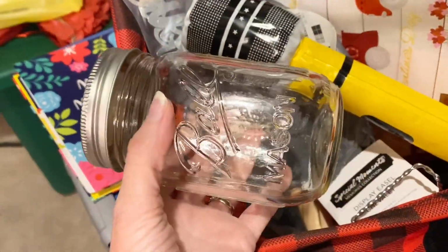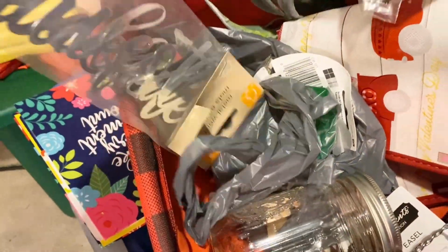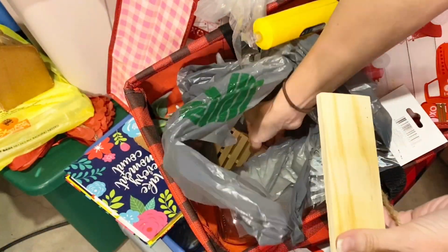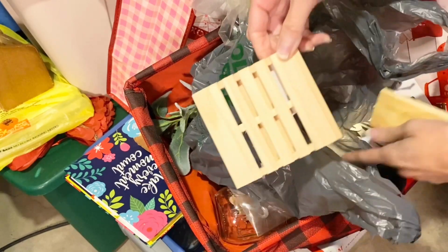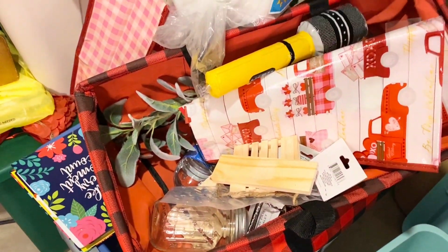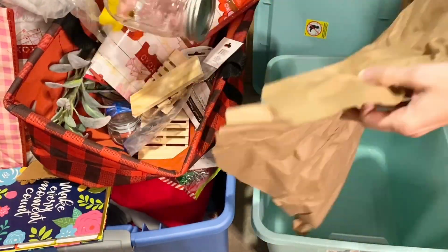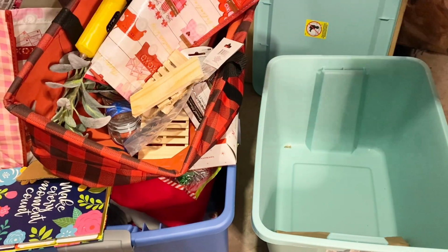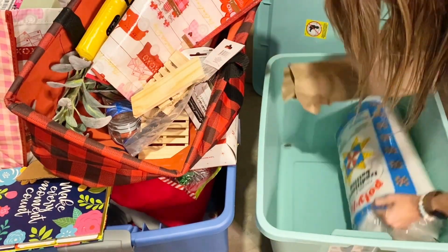Now, underneath of that is where I'm going to start seeing the crafts, right? And a lot of this stuff was from Dollar Tree that I bought last summer in 2021 when it was all still $1. So I think it's best to go pick out an empty bin that we have on the other side of the basement so we can start taking all of these loose craft supplies that are spread all over the place and start organizing them into a bin. And as I'm gathering up all of the craft supplies and putting them in here, I just wanted to tell